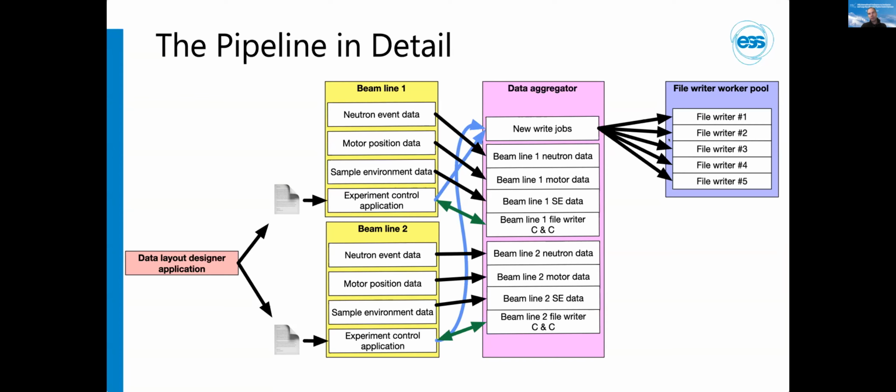In practice, we can consider it random which file writer picks up a file writing job. It's not actually random, but it might as well be. So when a random file writer has picked up a file writing job,